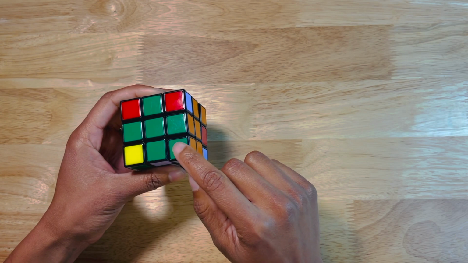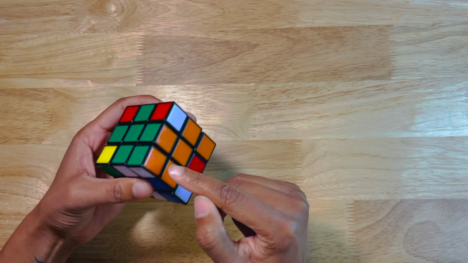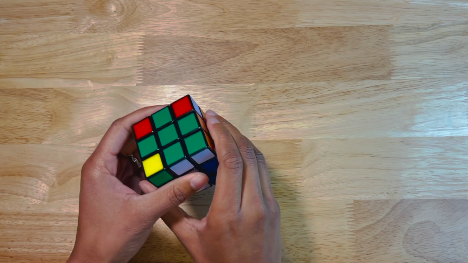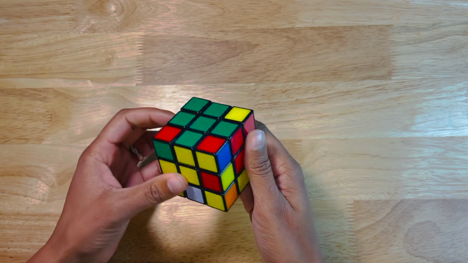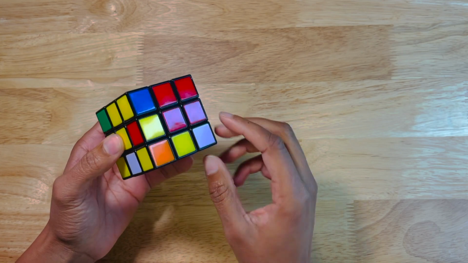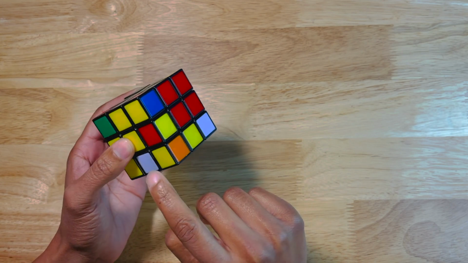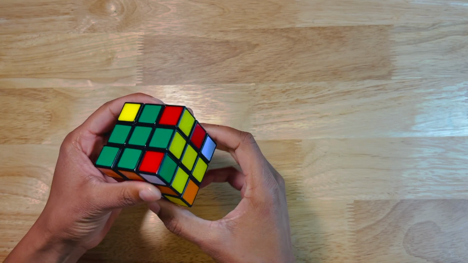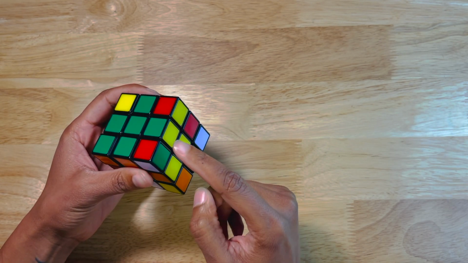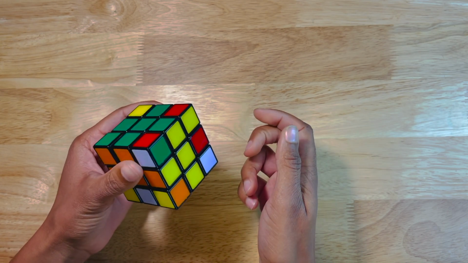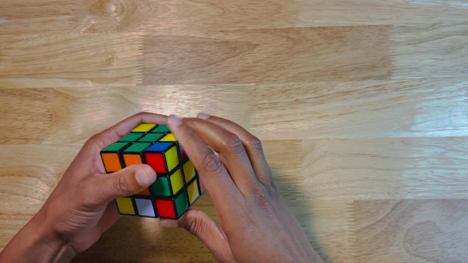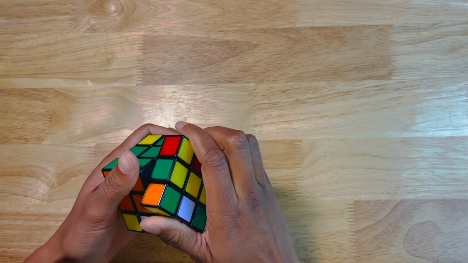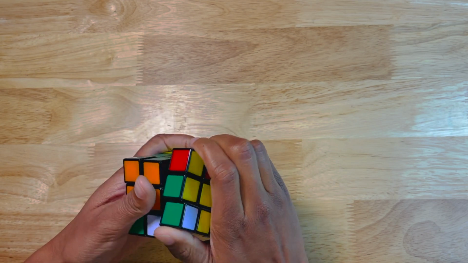Now we've got that corner piece, and it's properly in line with the white and the orange edge pieces. Now continue on. Here we have green, orange, and yellow. So we'll line it up underneath green, orange, and yellow, and we'll go ahead and do that same algorithm until that piece falls into place.